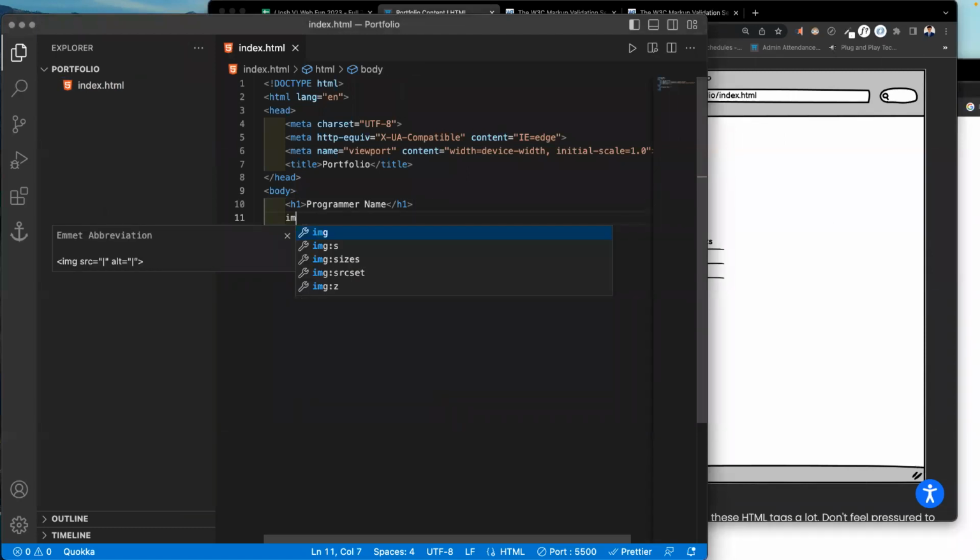So I'm going to say image. And if I just type in IMG without typing the open caret, and I press tab, it'll already give me the src and alt there that I need to fill in. So I need to give it a source, but I'm going to say profile image